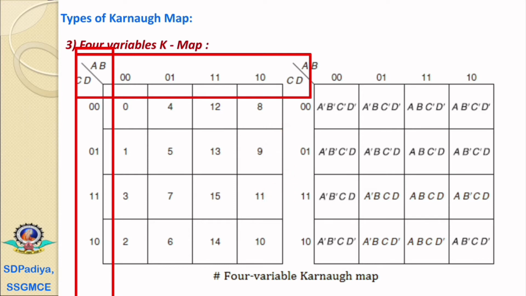If we are to design any K-map for the 16 cells, then we have to keep in mind the designations of the columns, the designations of the rows and the designation of every cell. If we do not remember all that, then it will be difficult to construct the K-map for the 4 variables.